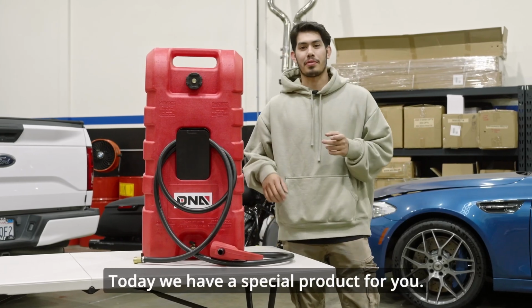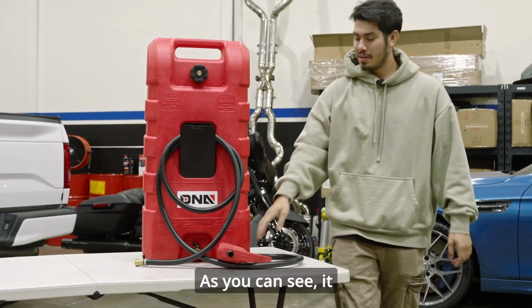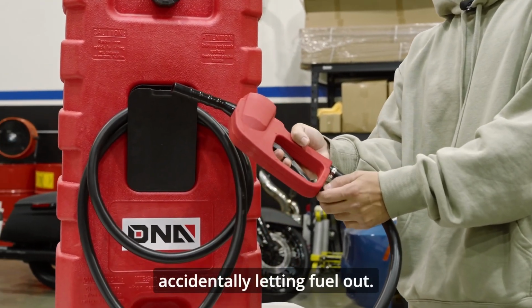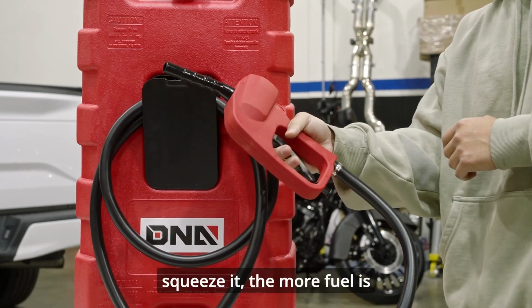Today we have a special product for you. This is our 15-gallon portable fuel caddy. As you can see, it comes with a fuel handle, and what's amazing about this is that it has a locking safety feature to prevent you from accidentally letting fuel out. On top of that, this doubles as a pump, so the more you squeeze it, the more fuel is going